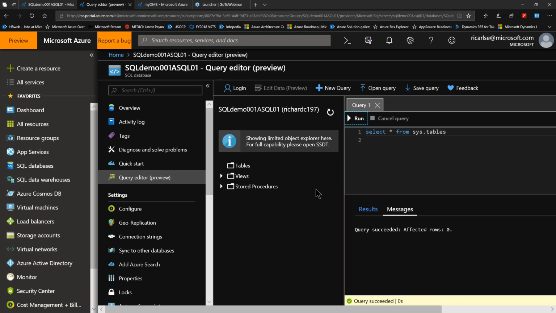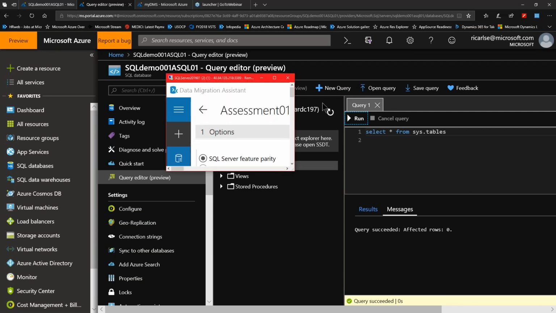Actually, I think I've got it open right over here. Right now, you can see under tables, if I were to run anything from this query from systables, you can see nothing's in there right now at this point. Okay, so what I'm going to do now is go over to the virtual machine